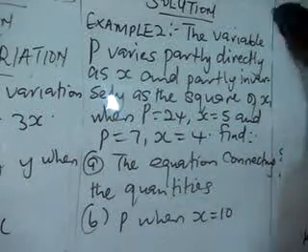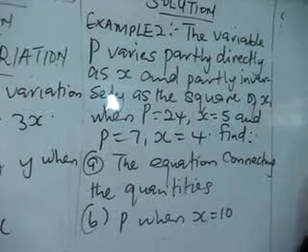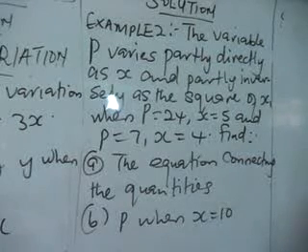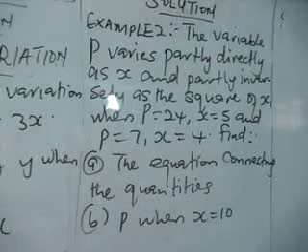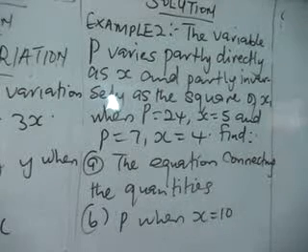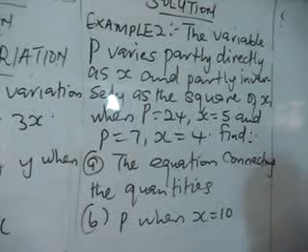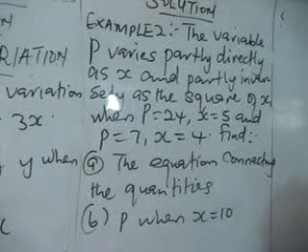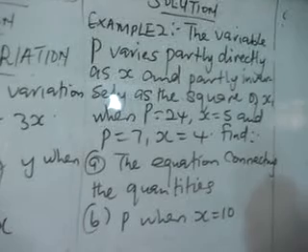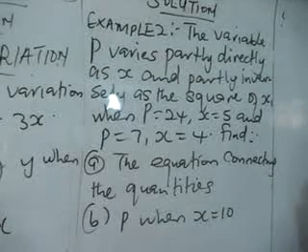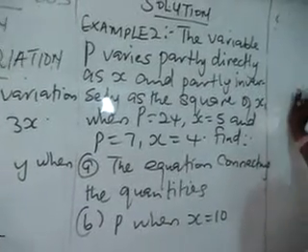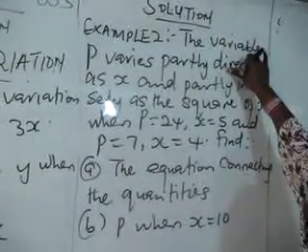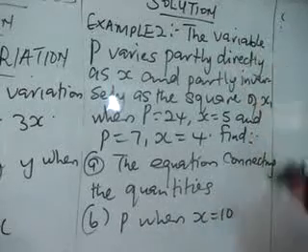Now we have that question as our example 2 that says that the variable p varies partly directly as x and partly inversely as the square of x. When p equals 24, x equals 5, and when p equals 7, x equals 4, find the equation connecting the quantities, and p when x equals 10. First of all, change this statement, write this in a mathematical form. That is,